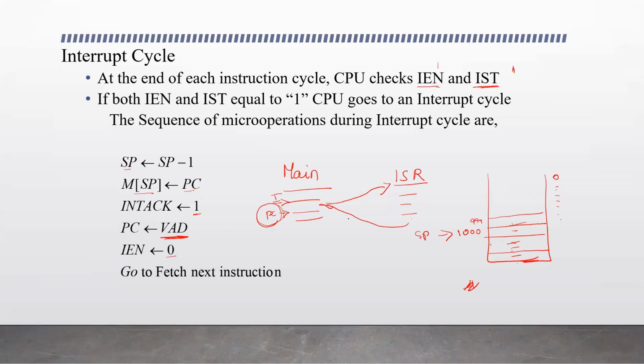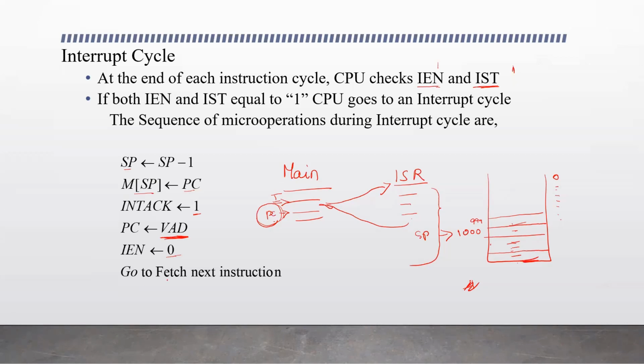This means that at this moment of taking the control from the main program to the interrupt service routine, interrupts will not be allowed, because the CPU has to settle down to execute this ISR. At the time of transferring the control, interrupts are stopped and no more devices can request an interrupt. So IEN is set to 0.